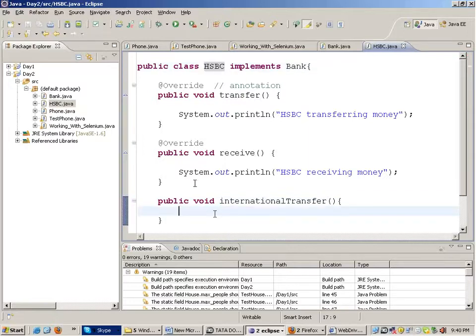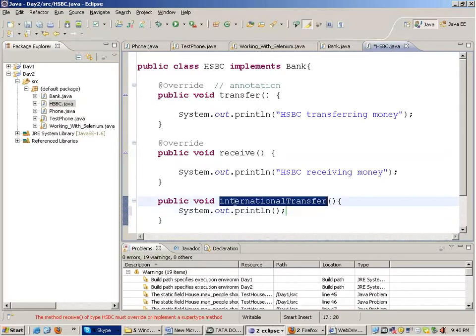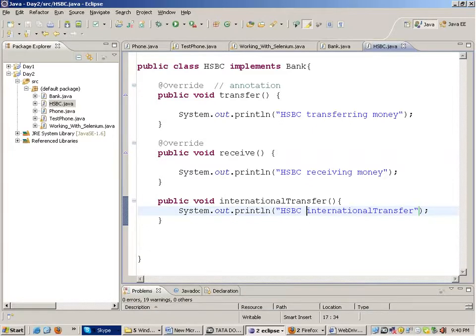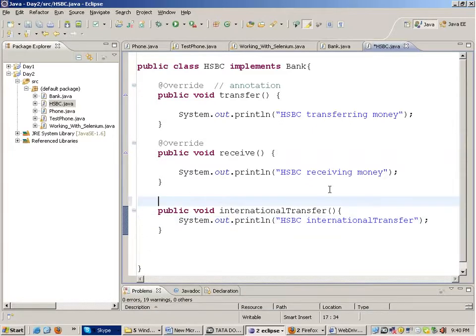It is local to HSBC, so it does not have an override sign in front of it. So this is just HSBC's local service, right? A function which is not coming from the bank interface.